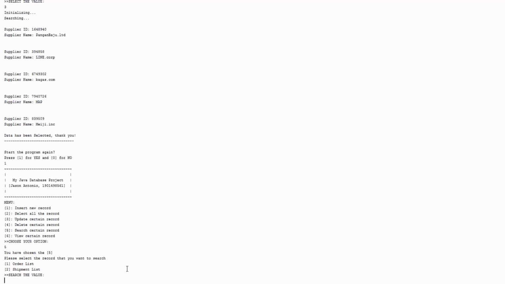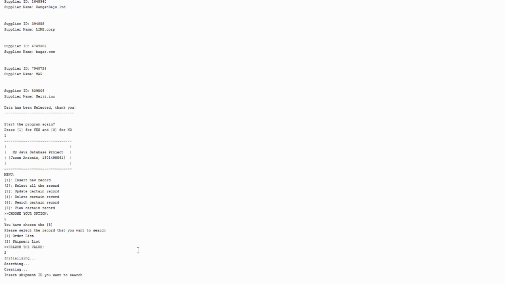Okay, let's continue. With the fifth feature, you can search for certain data that you want. For example, shipment list. You insert the shipment ID to search from your database.